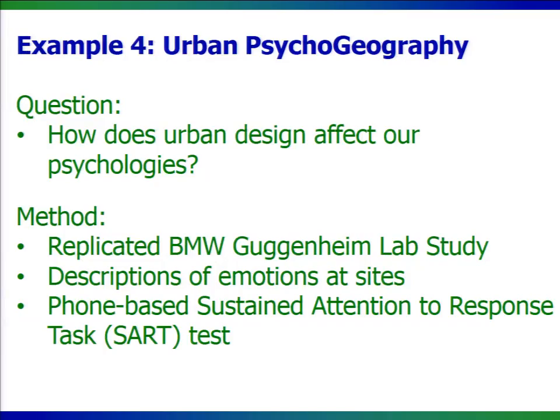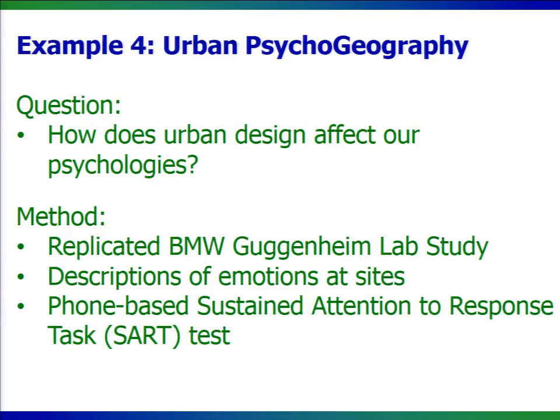All right, fourth and final example is this kind of idea of urban psychology, psychogeography. It's kind of a term that means a couple of different things, but to me it's just this question of how do design factors affect our psychological experiences. The clearest example is stress levels. And so this one, I did a semester abroad in London with a group of Elon students, and we did this one in the field in London.